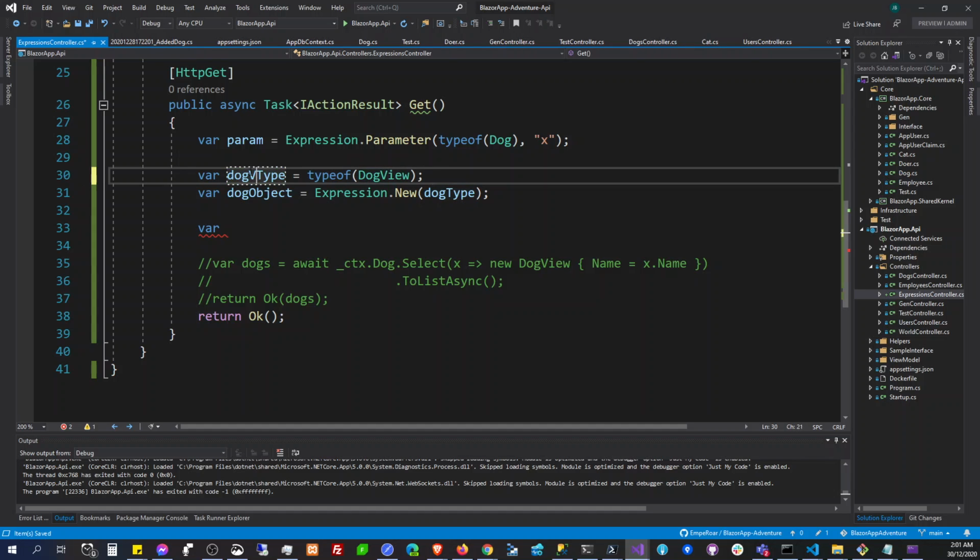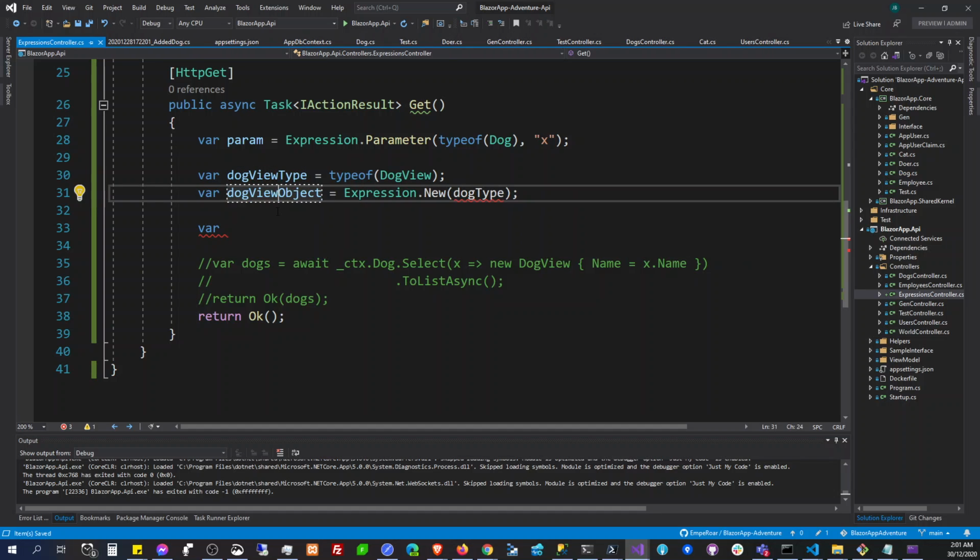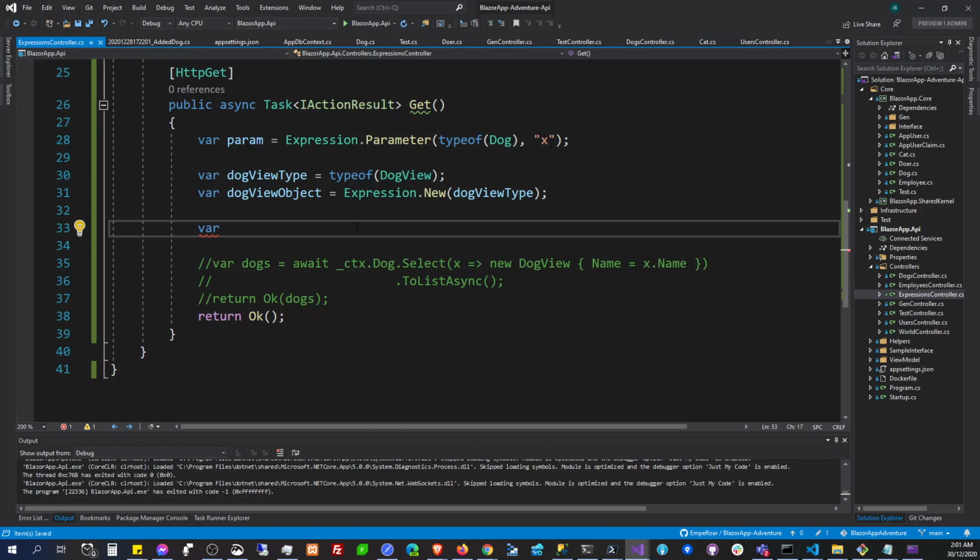So is this going to be a dog view type, and this is going to be a dog view object here, and we're going to create like set the property name here. So our dog name, dog view name